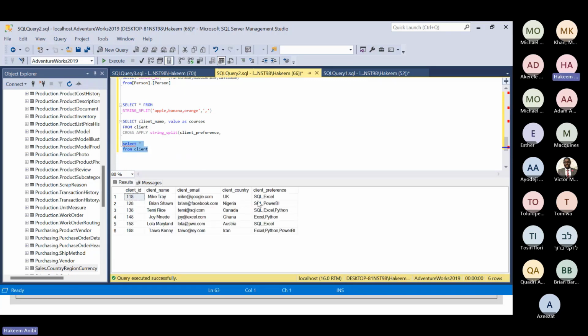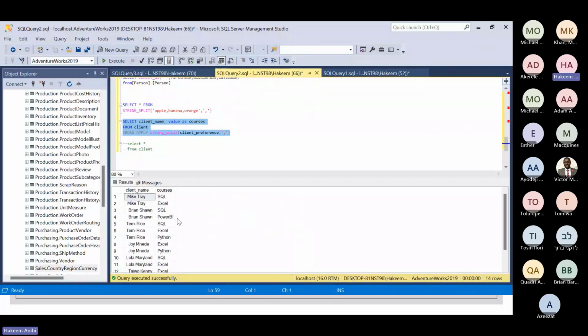It's actually separated by a comma. So again tell SSMS that the separator in the client's preference column is a comma. Then we'll close our bracket. So now running this,